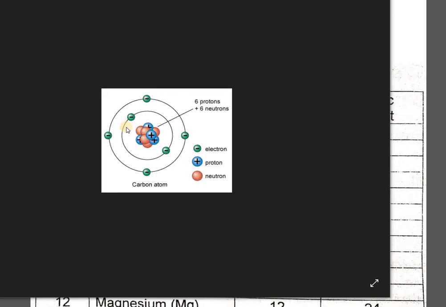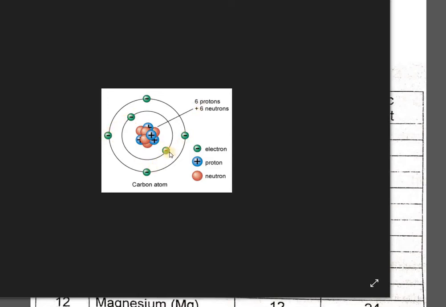So let us now consider this particular example once again. Now here you can see there are 6 protons. So can anyone now tell me what would be the number of electrons present in the same? Yes, it would be 6 electrons, and you can always count the number of electrons here, which have been represented with a green color having a negative sign. So 1, 2, 3, 4, 5 and 6.